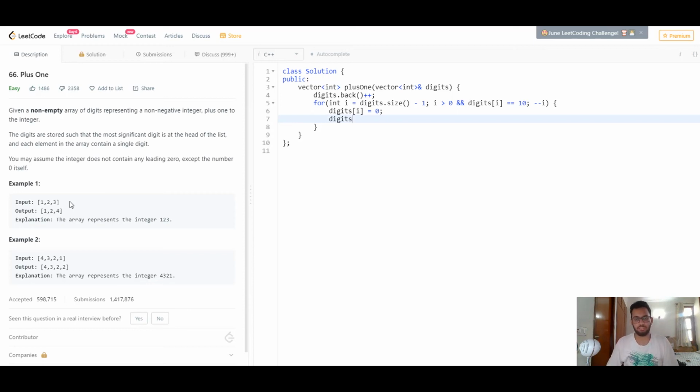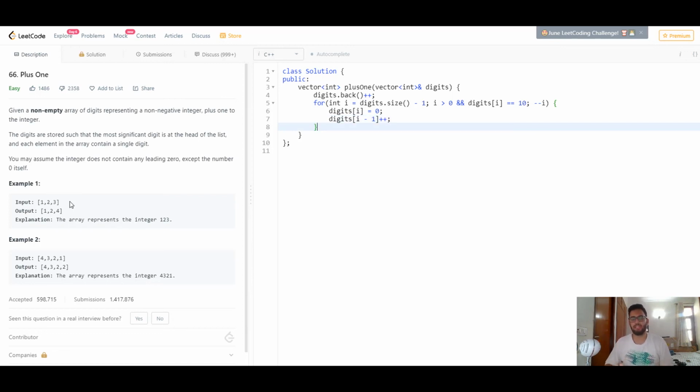So I'll do digits[i - 1] plus plus, adding the 1 to the left hand digit. Just notice that we're only going till i greater than 0. We're not taking the element at the 0th position, because otherwise this addition command will run into an out of bounds error.